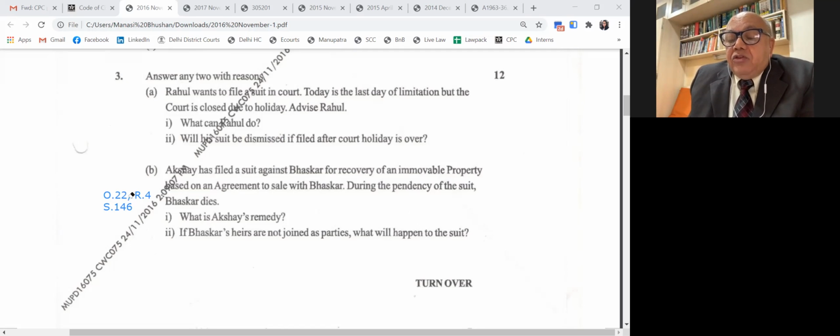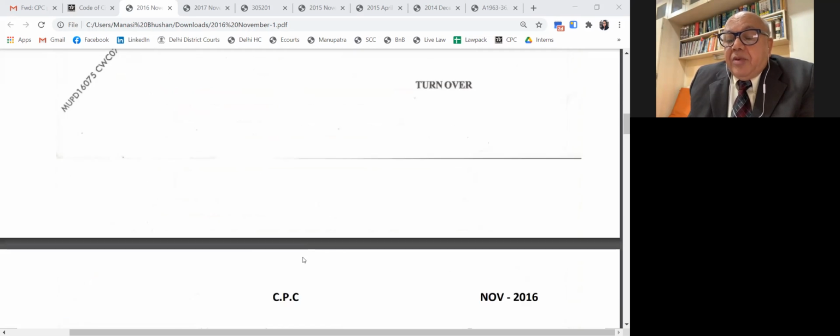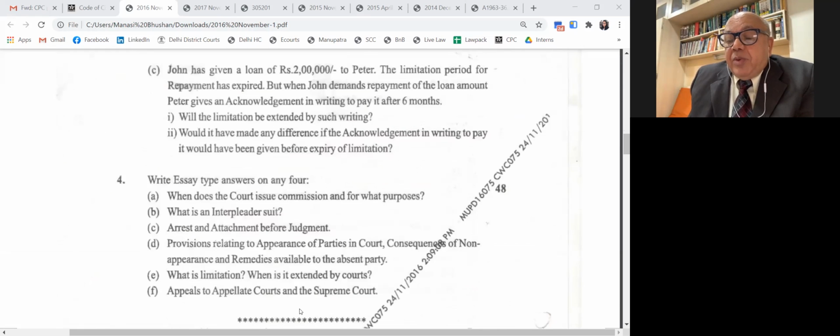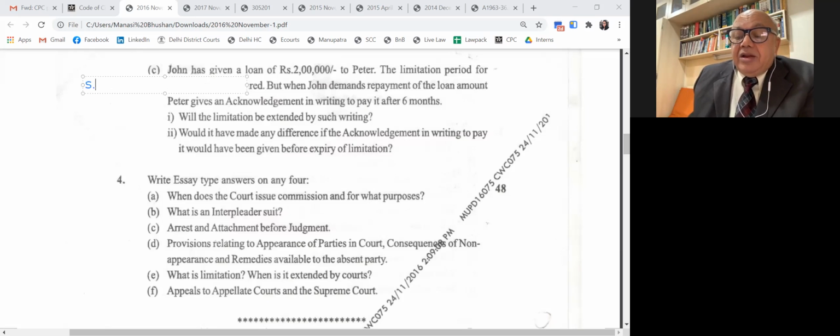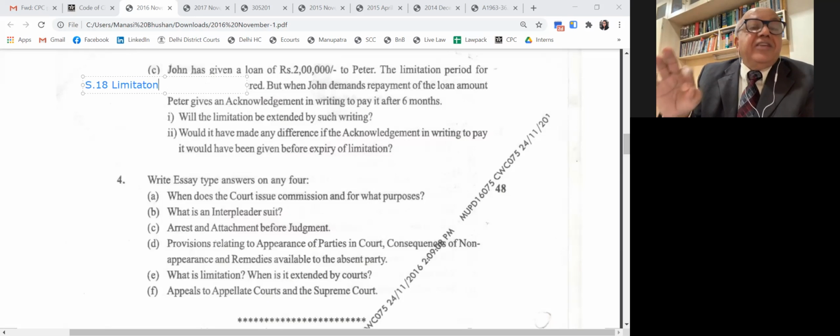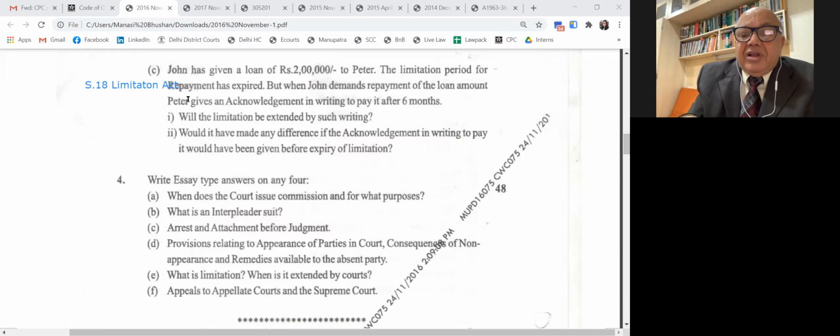Problem number C. John has given a loan of rupees 2 lakh to Peter. The limitation period for payment has expired. When John demands repayment of the loan amount, Peter gives an undertaking in writing to pay it after 6 months. Will the limitation be extended by such writing? No. Section 18 of the Limitation Act says the writing must be given before the expiration of the period. Now here the writing is given after